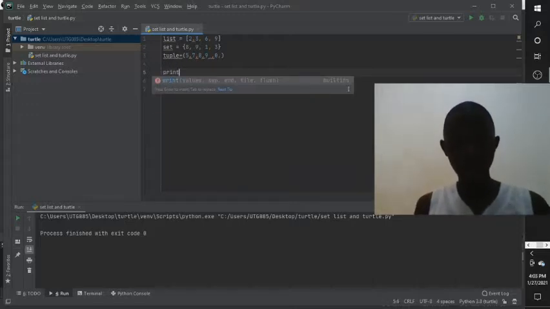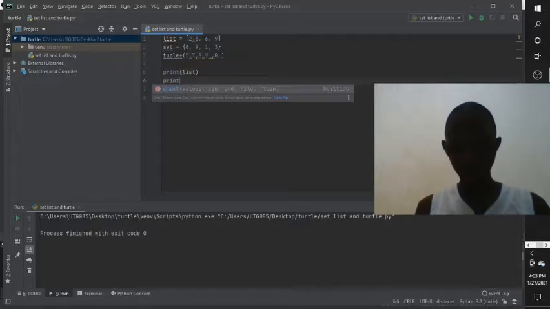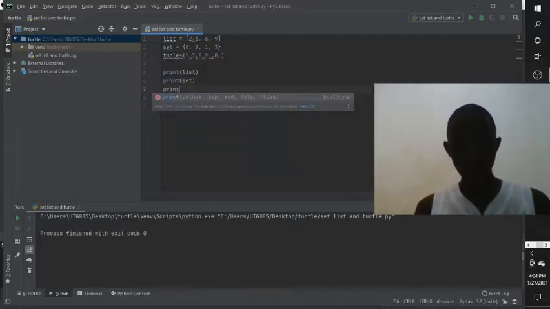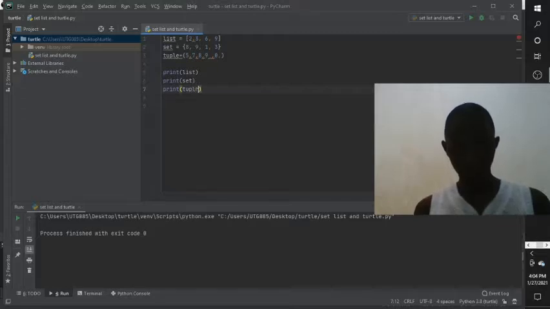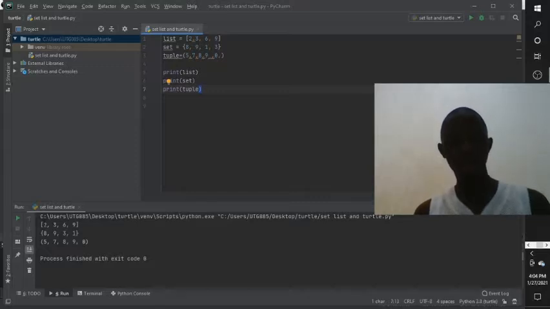So let's go ahead and print our list, and let's print our set. Now let's print our tuple. So let's print that out. So now it brings out our list, our set and tuple. So here you might not see the main differences between them because I am not accessing